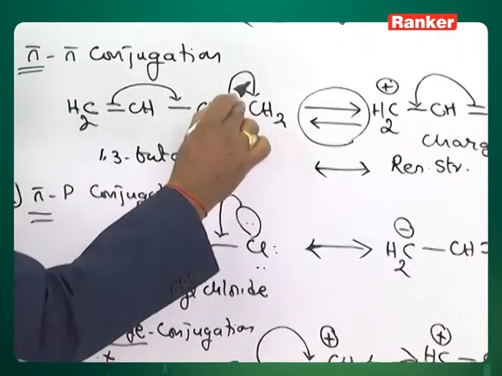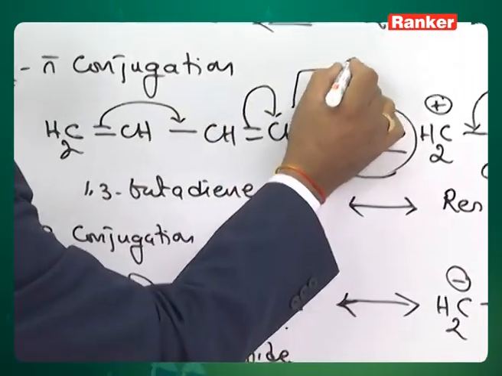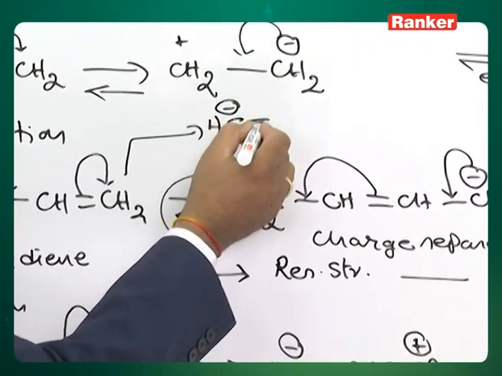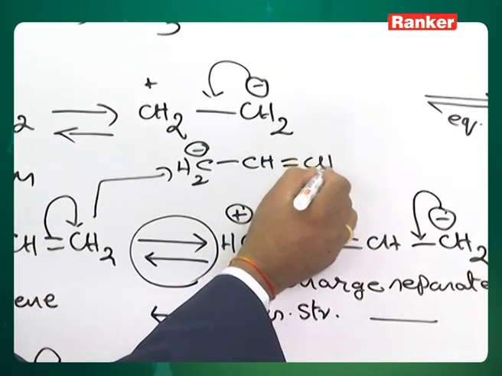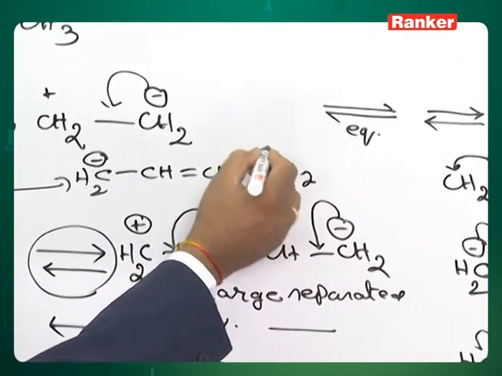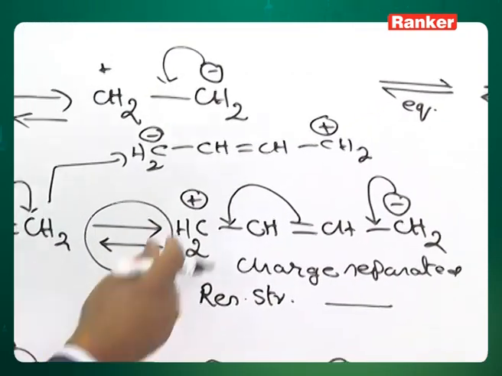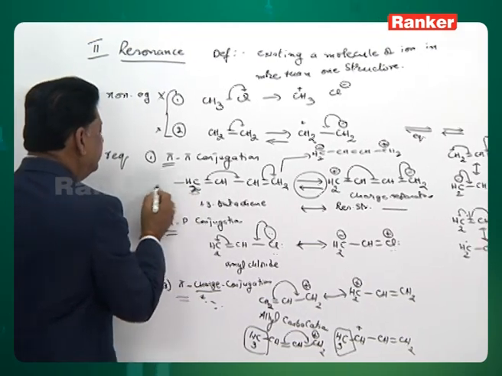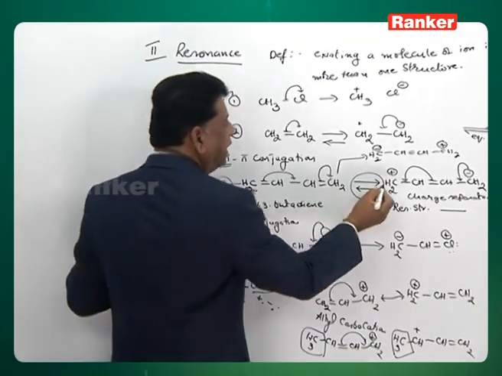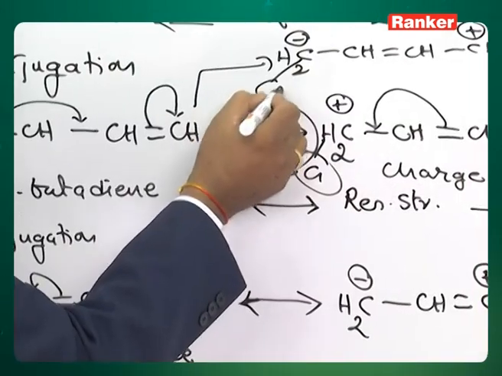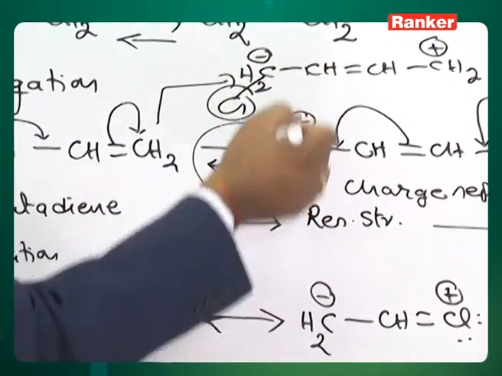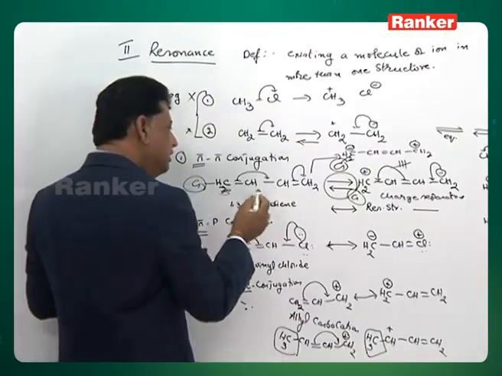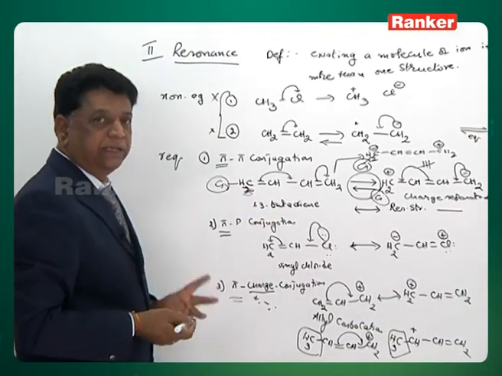If the electrons go that side, you will get that. Instead, if the electrons are coming this side, this side CH2 will become a minus charge and that side you will get a positive charge. And again the same argument: what is the difference between these two? Minus and minus, plus and plus. Now let us have, instead of one hydrogen, some group here. The group containing cation and the group containing anion are different. Now these two are not identical. Previously they were identical; now with the group there, they are not identical. That means this butadiene in fact has three structures.